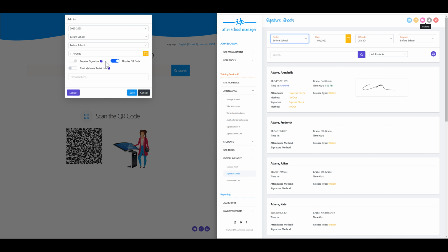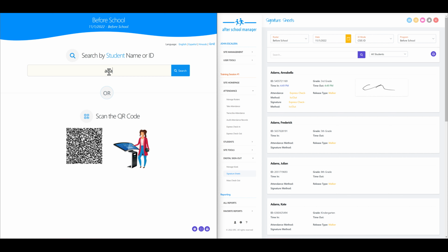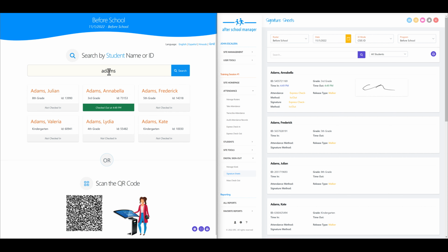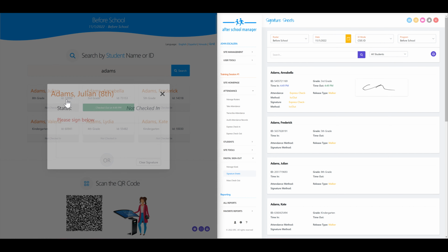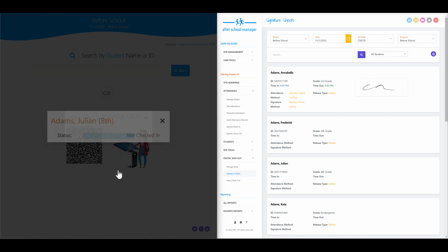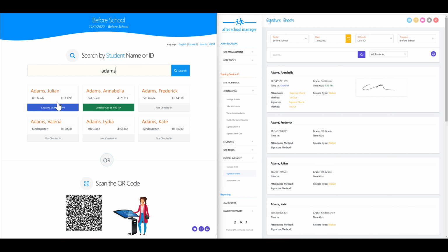And likewise over here on the kiosk, if you were using the kiosk feature, again, watch the kiosk video if you haven't already, but you go here, it's going to require a signature. I click save. And again, it works exactly the way the previous kiosk video told us it would, except that the signatures are in reverse. They are now required on the way in. Check in. And if you were doing it this way, I just checked in Julian Adams, you wouldn't do the check out at the end of the program and